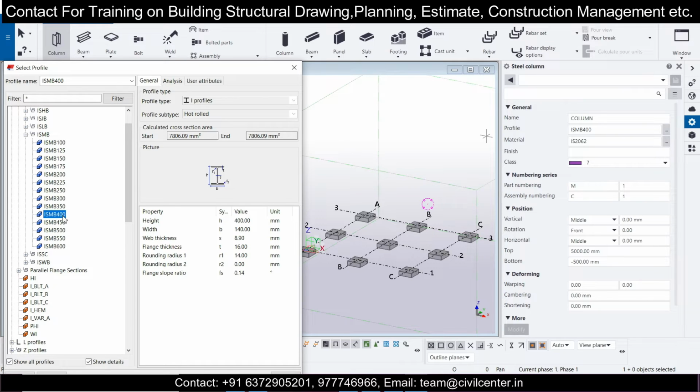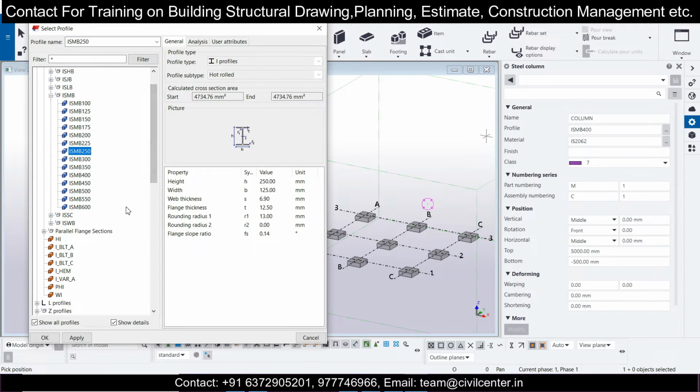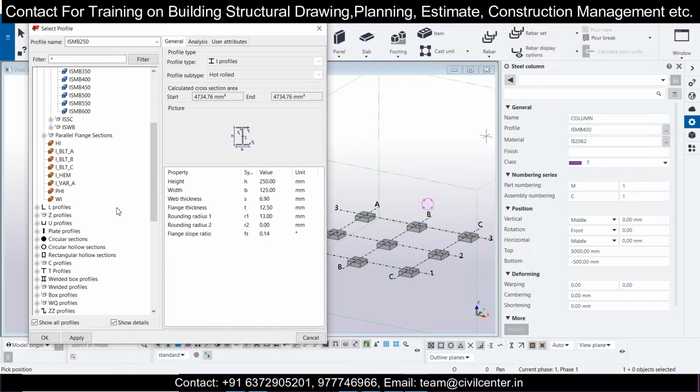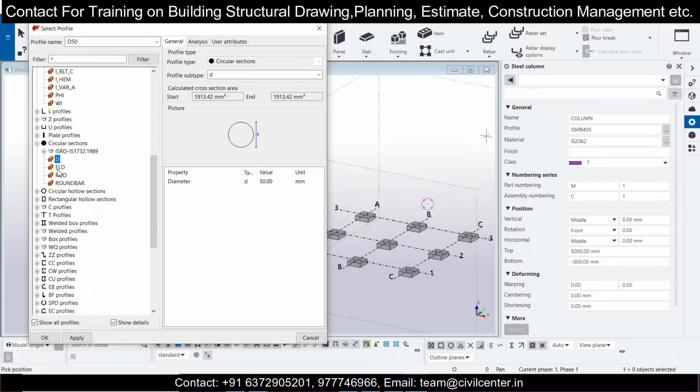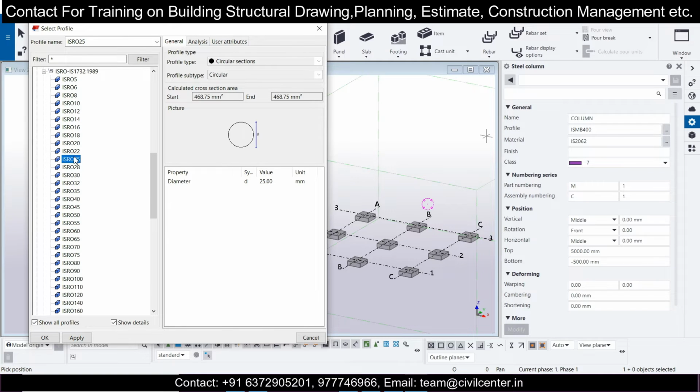Let's go with any type of profile here. Let's go with IS MB, let's say 250, and you can select as per your profiles. Like for the US, you will have different profiles, and for different things, you will have different profiles. As you can see, we have welded profiles, circular sections. Also, we will have circular sections, start, end, and you can have this cross section area, and you'll have these different circular sections which you can take, and predefined sections also, as you can see.